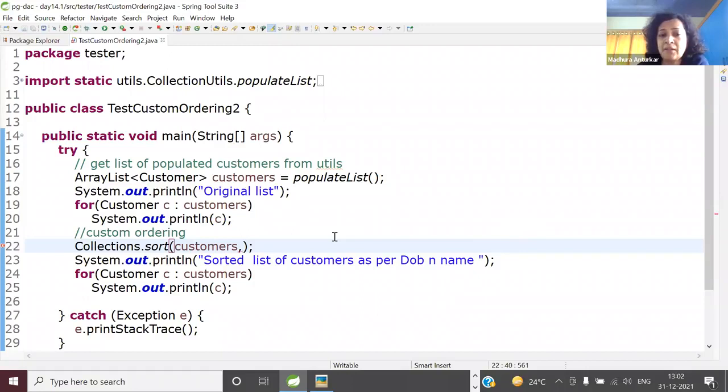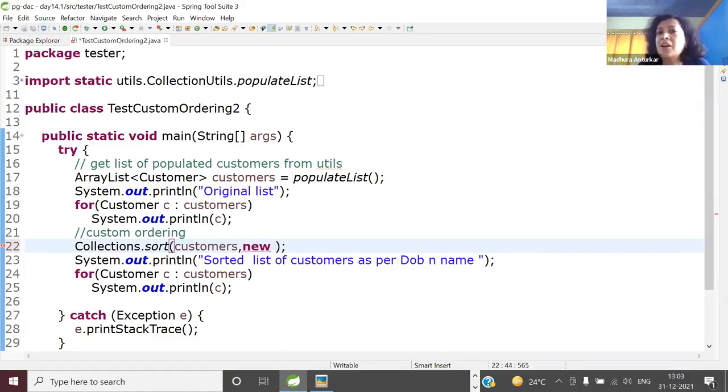Done so far? Rest all is the same. So instead of creating a separate class and passing the instance, we are going to simply inline, embed the entire anonymous inner class definition inside. Reach this part? Okay, so now start typing.